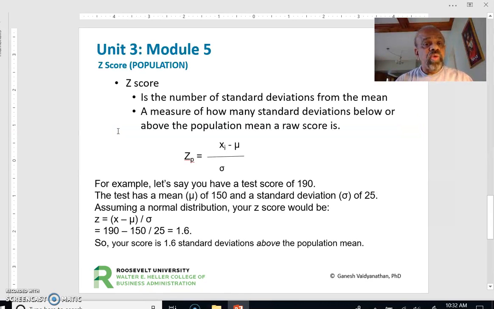The next thing we're going to do is to find out the z-score of a population. So the z-score of a population basically is this value. So basically what we are doing here is